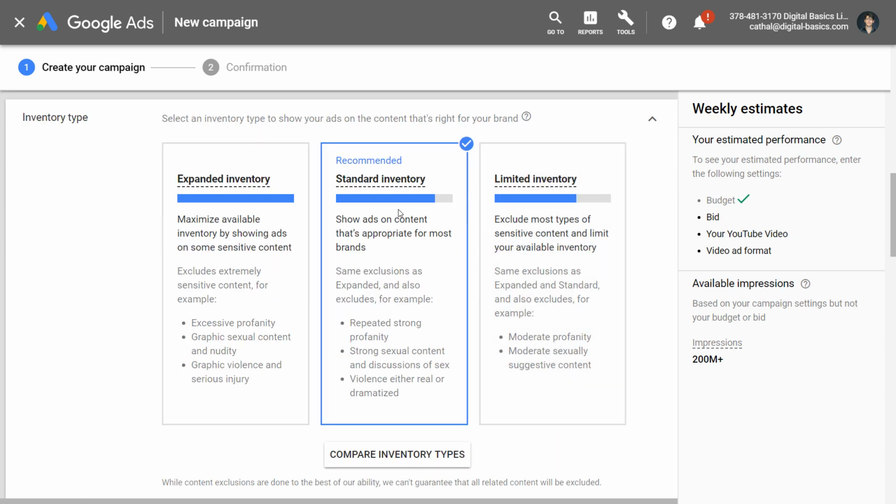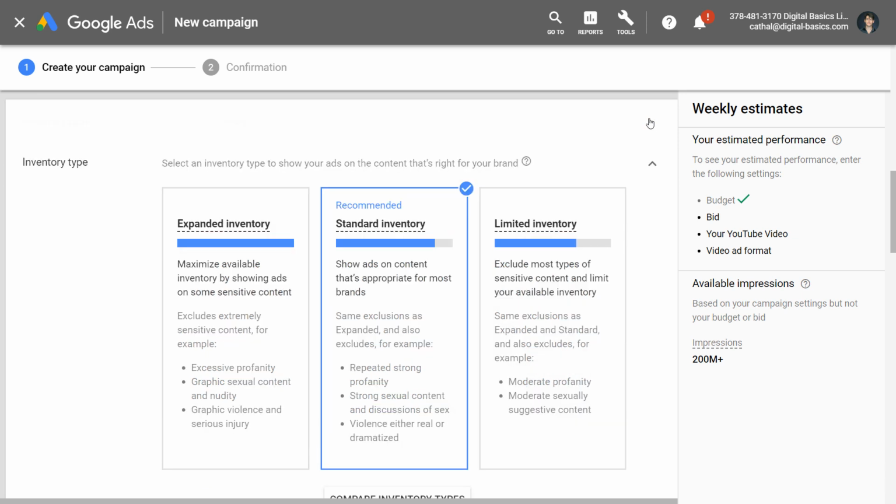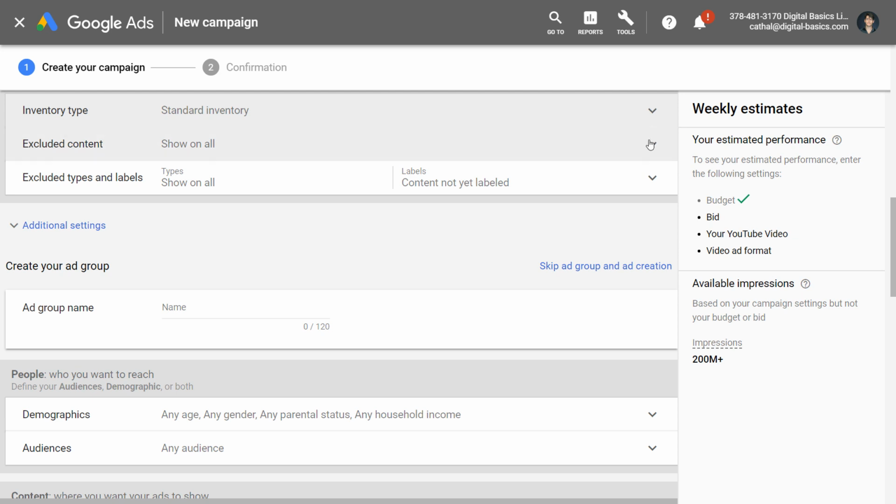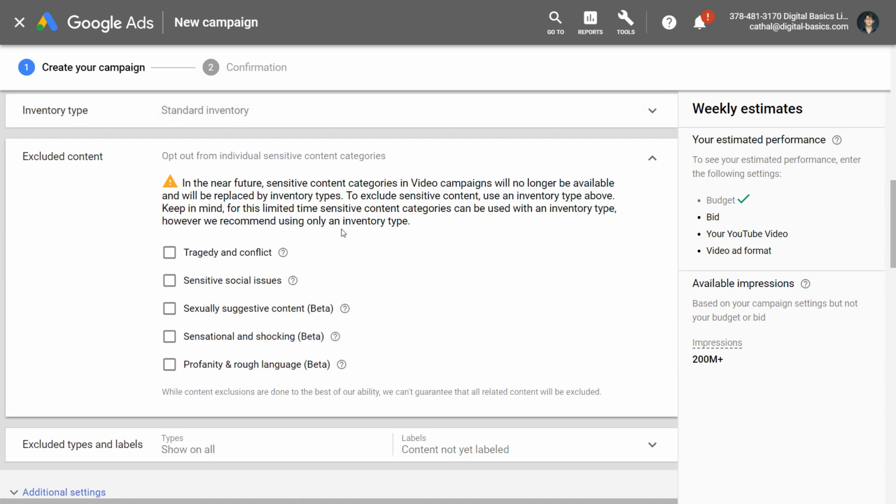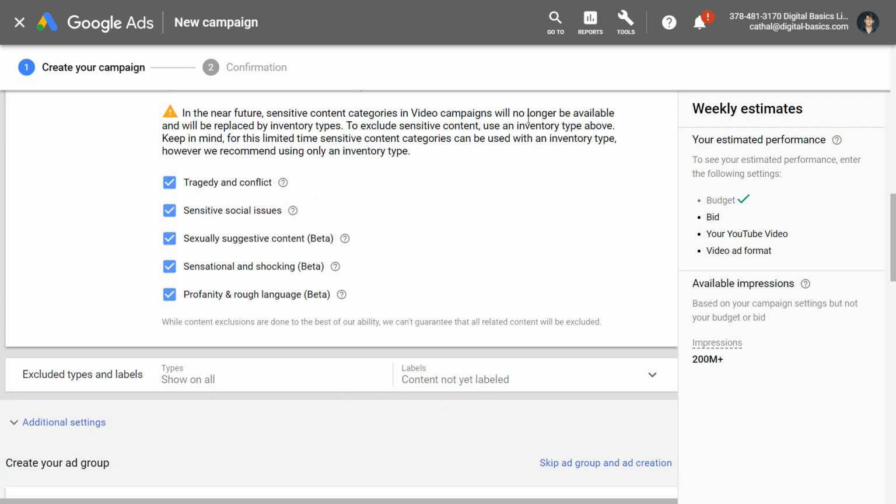We have our standard inventory, which means we can show ads on the content that's most appropriate for brands. Expanded inventory means you can show anywhere, including profanity and different sensitive areas. And then limited really restricts what you want to show on. So that's one way of looking at it. We can deep dive a little bit more and expand this one out. And this is important here. We probably don't want to show on tragedy and conflict, sensitive and local issues, sexually aggressive. So we'll remove all of these